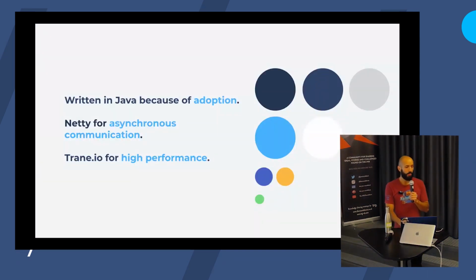it's written in Java because of adoption. The main idea was, okay, the previous one was Scala, right? But now that you are writing that, what about we build that in Java, that will be easy for Kotlin to adopt, or Clojure or Scala. So personally speaking, I think that something that should be well spread around to make it easy to be adopted should be written in Java, because it's really, really low level and you don't suffer with annotations. Netty for asynchronous communication, well established. Most of the powerful tools we have that deal with I/O are powered by Netty, great tool, and Trane.io futures for high performance.